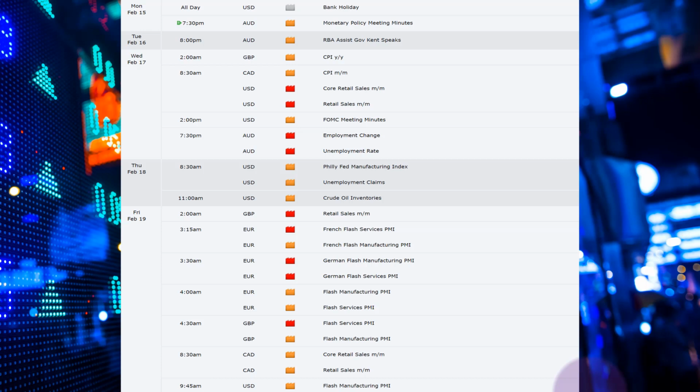Just for the folks that are new, again, every time we have a crude oil inventory number, that's always going to be impactful for Canadian dollar. So dollar CAD currencies, that's a study for you every single time we have a crude oil inventory data release. So note your charts around 11 o'clock in the morning on Thursday with dollar CAD, and you may be able to see things like fair value gaps, institutional order flow entry drills, and runs to liquidity.